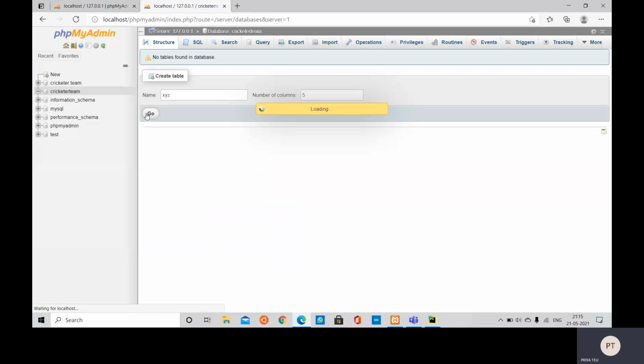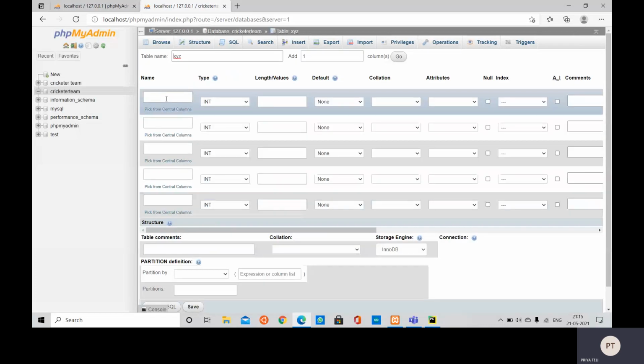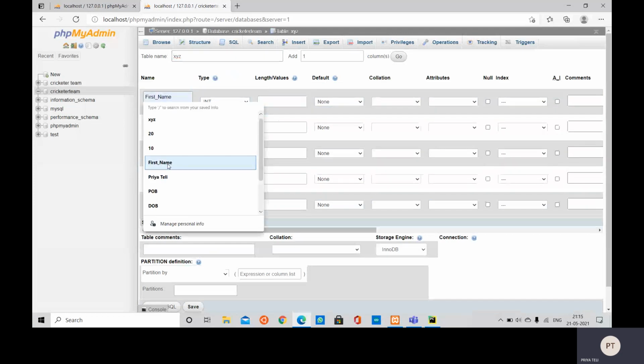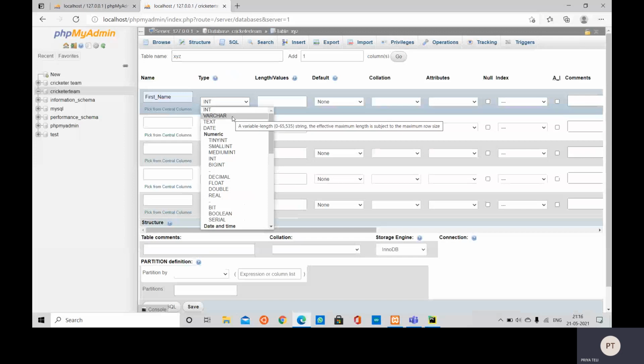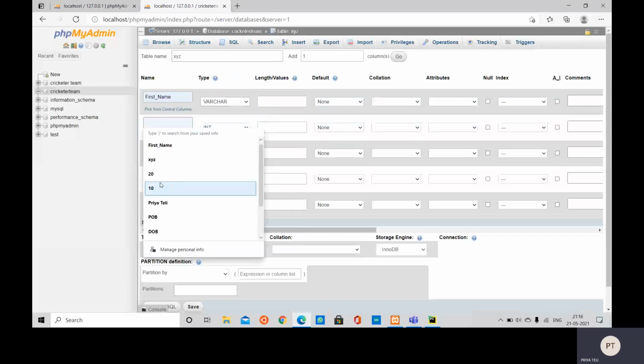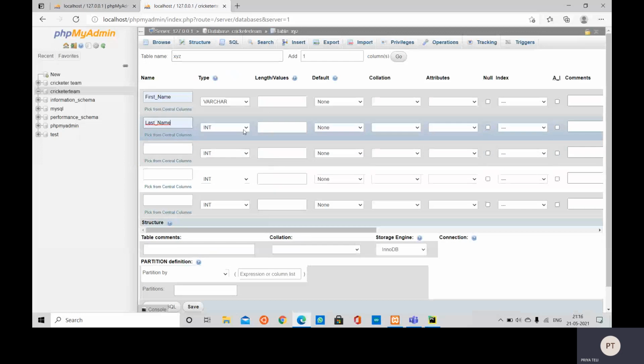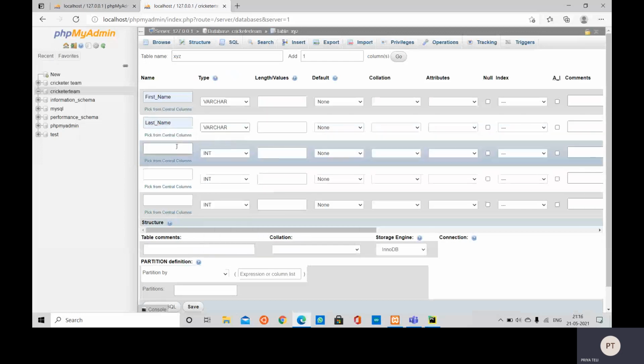Now you have to specify the column names here. First, let's say first name, and the type, let us take varchar. Another field will be last name, and the data type will be varchar.